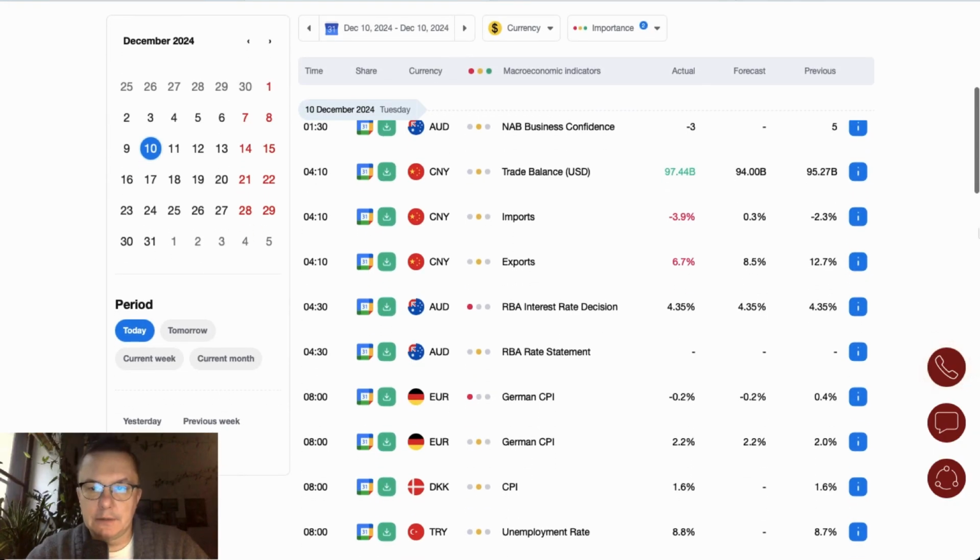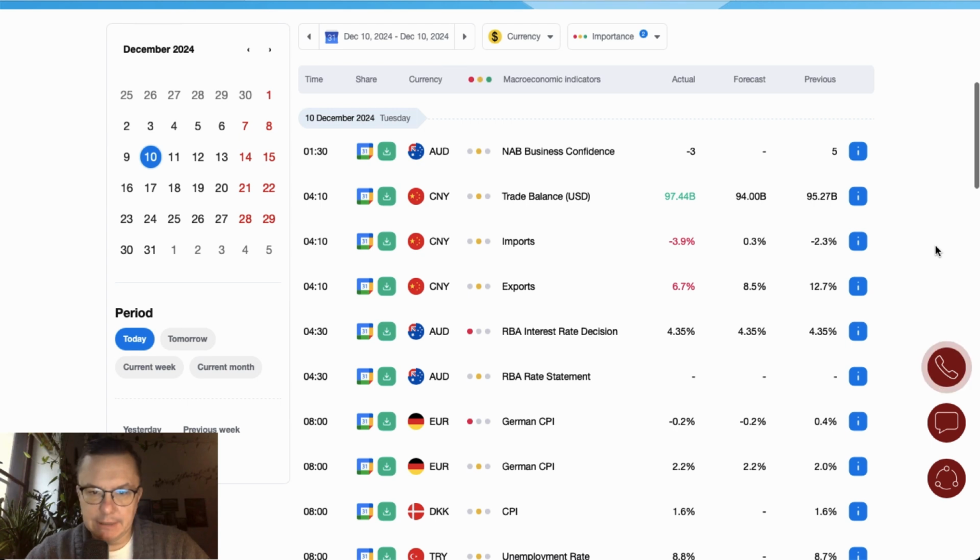What do we have here? Overnight data, quite important data from China. Trade balance and imports and exports. As you can see, it's a very mixed bag of data. Imports are down even more than expected and more than the previous reading of minus 2.3%, while the actual number is minus 3.9%. Exports, on the other hand, doesn't actually move that much as they should, down from 12.7% to 6.7%, worse than expected,